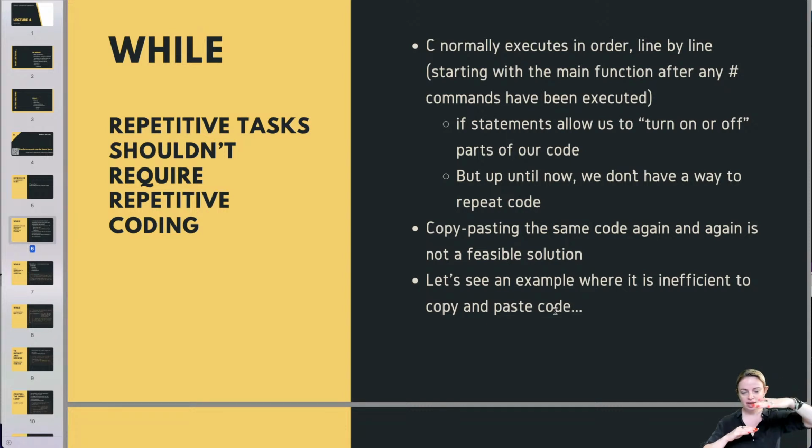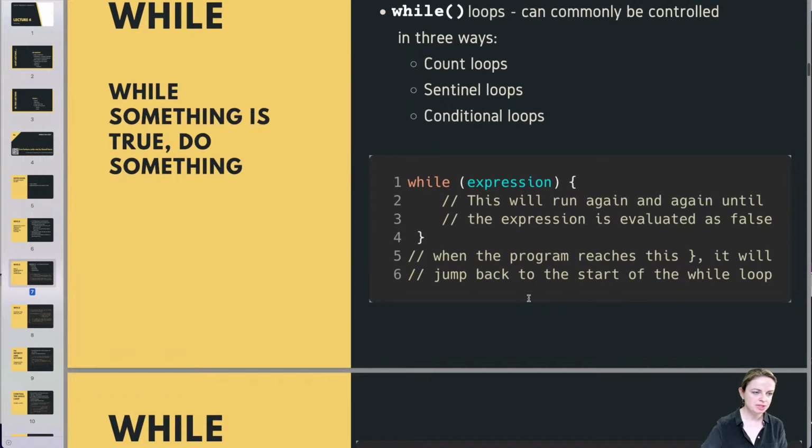It doesn't know, if it's on line 10, what's happening on line 20, right? Or even on line 11. It's not reading ahead. So once we come in, we start at the main function and then we start reading down. If statements allow us to turn pieces of code on and off, that means we're going to go into this line of code, or we're going to skip it. And then while loops allow us to repeat code, because otherwise we'd have to keep copying and pasting the same piece of code, one underneath the other. So it's pretty important that we have while loops.